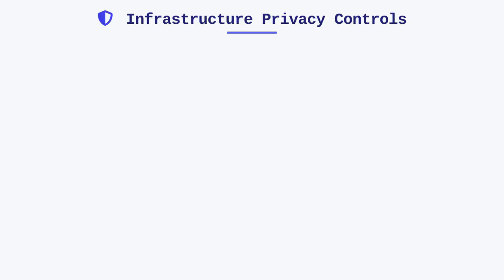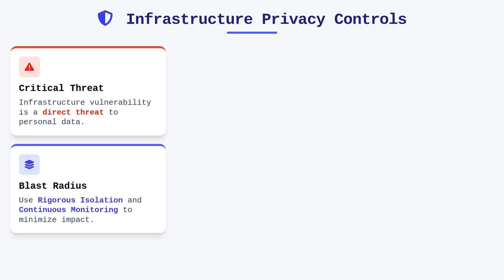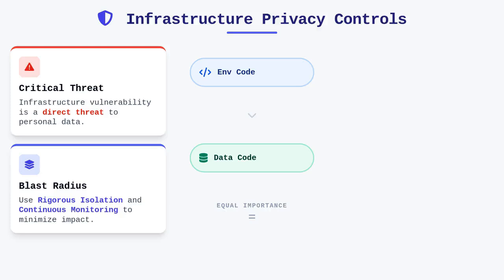Understanding these technical controls is fundamental to your role as a privacy technologist, as infrastructure vulnerability is a direct threat to personal data. By applying rigorous isolation and continuous monitoring, you minimize the blast radius of potential incidents. Remember that the code you write to manage your cloud environments is just as important as the code that processes